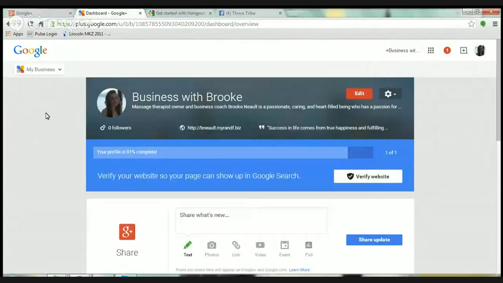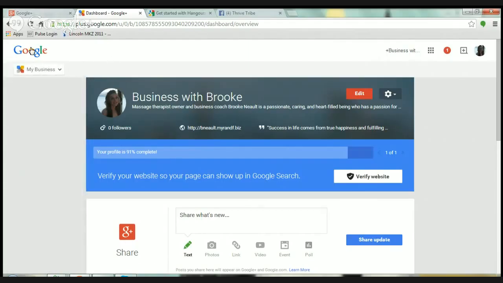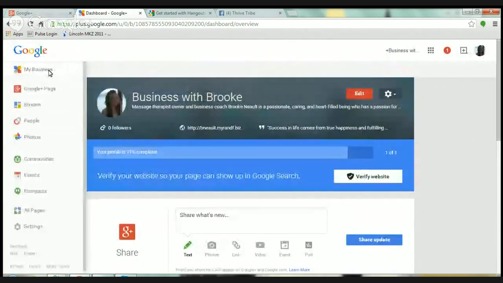So as you can see, it's very simple. I just played around with things until I figured out what works and what doesn't work. I think the hardest part was just downloading all the right software and making sure I had the account. And I didn't notice the side here where you can look at your events and your Hangouts. And if you had any questions, or if you wanted to have a question box available for people,